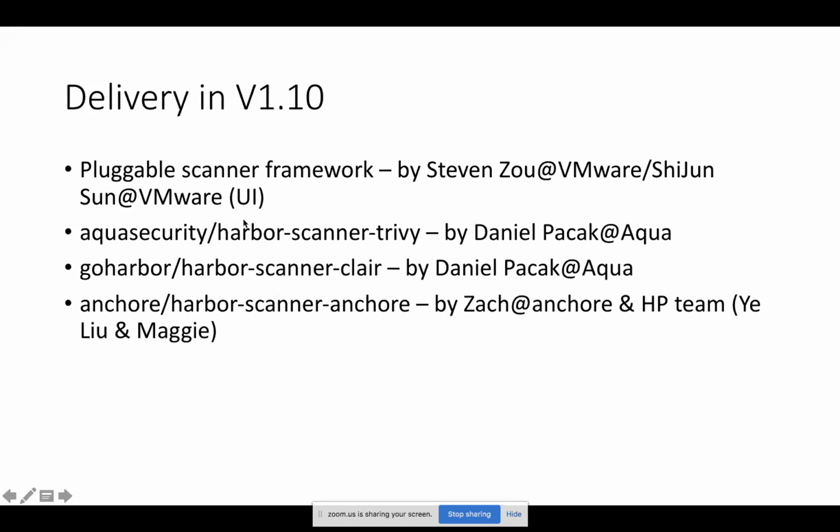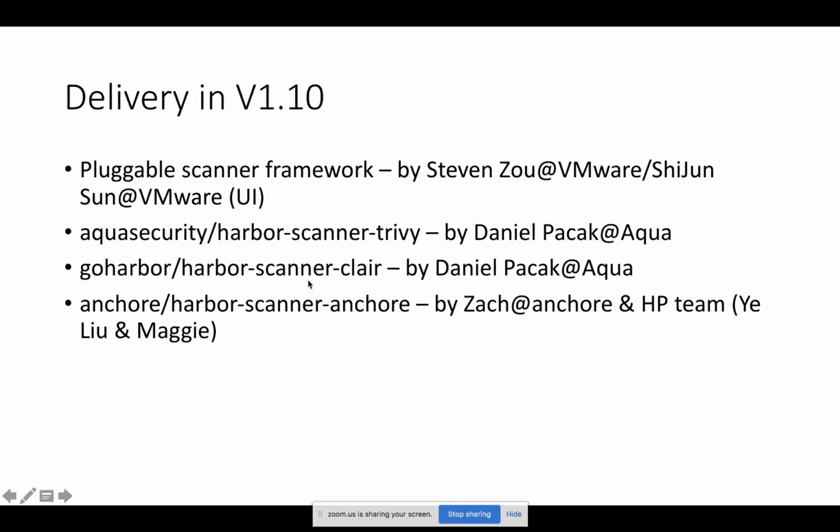The first one is Aqua Security's Trivy scanner. This adapter is developed by Daniel Pacak from Aqua Security, and we also include the original default scanner Clair. This Clair adapter is also developed by Daniel Pacak from Aqua Security,